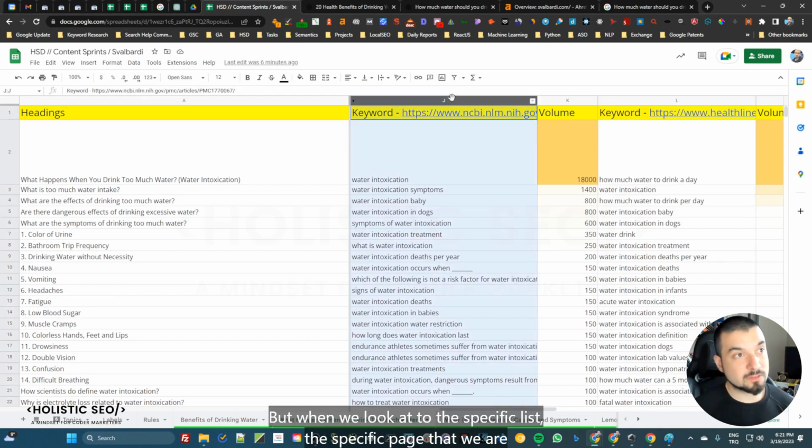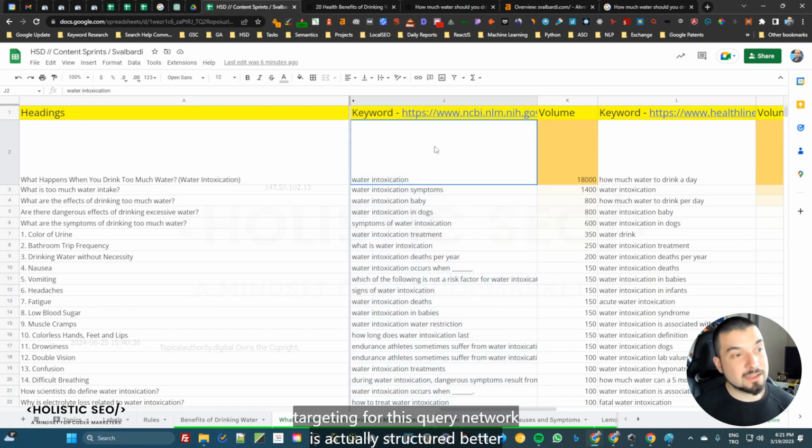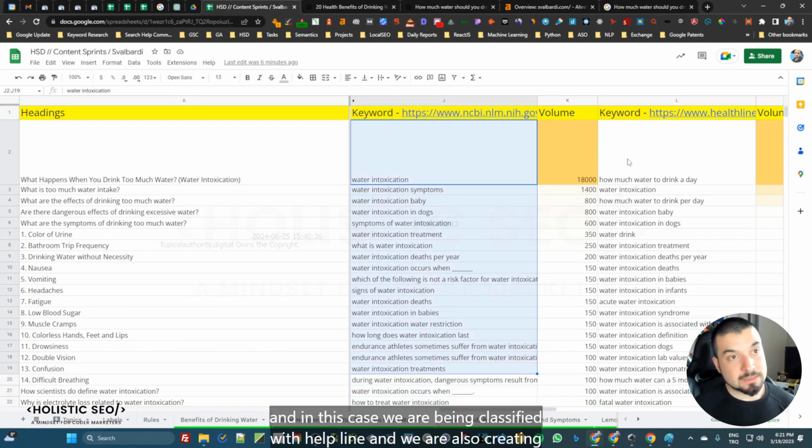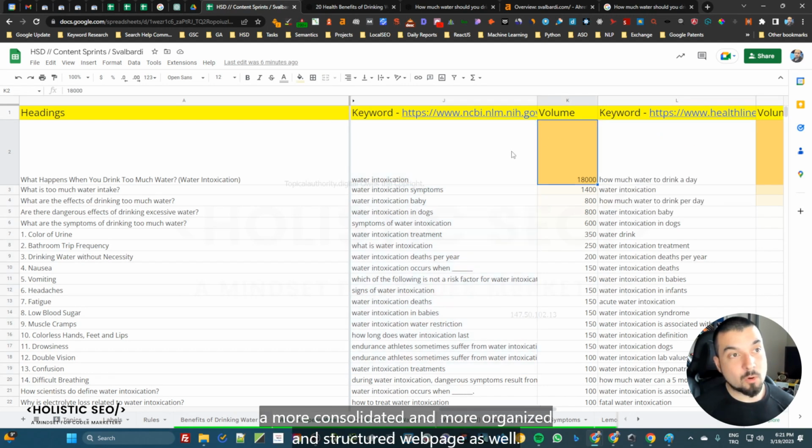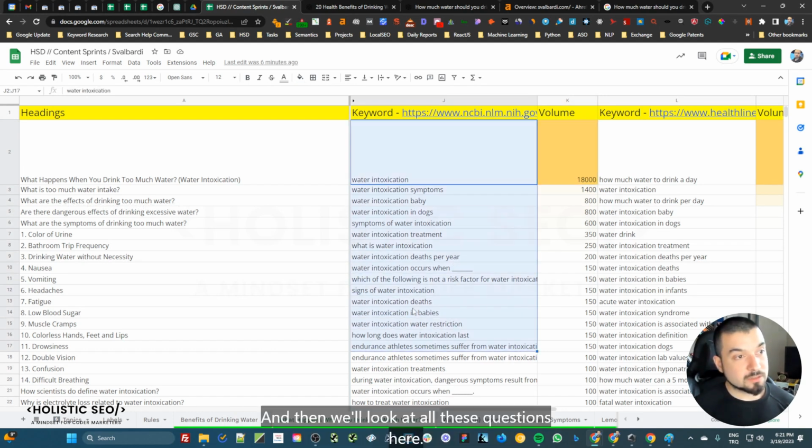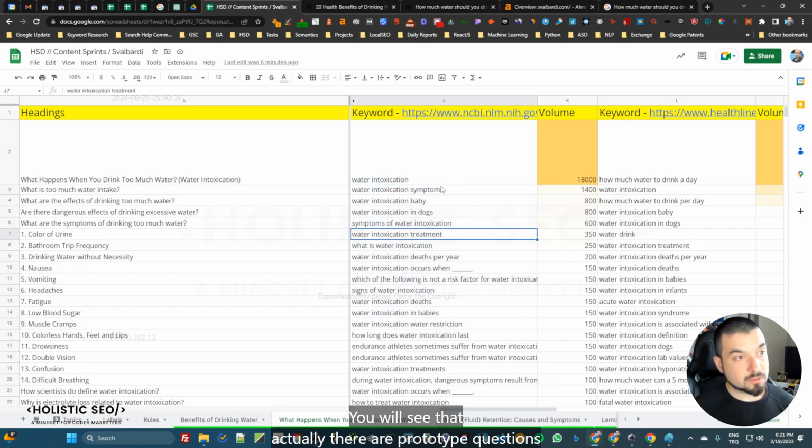But when we look at the specific web page that we are targeting for this query network, it's actually structured better. In this case, we are being classified with Healthline, and we are also creating a more consolidated, more organized and structured web page as well. And when we look at all these questions here, you see that there are prose type questions.